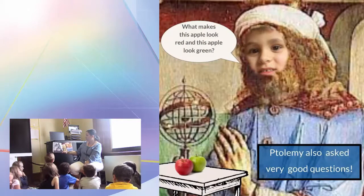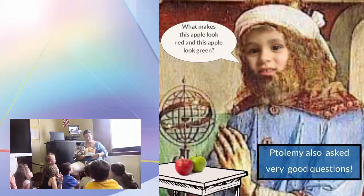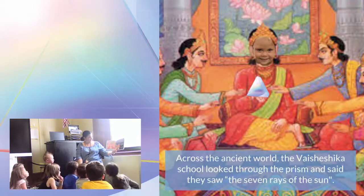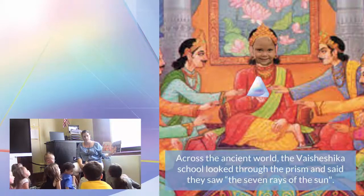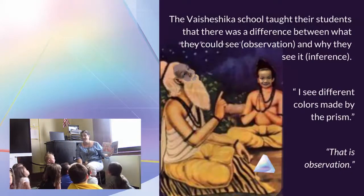One of those philosophers was named Ptolemy. Ptolemy also asked very good questions. What makes this apple look red and this apple look green? Across the ancient world, the Valsheshika school looked through the prism and said they saw the 7 rays of the sun. The Valsheshika school taught their students that there was a difference between what they could see and why they